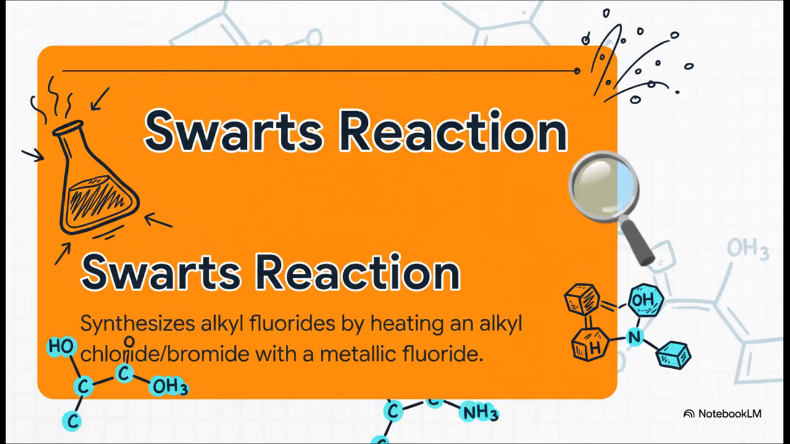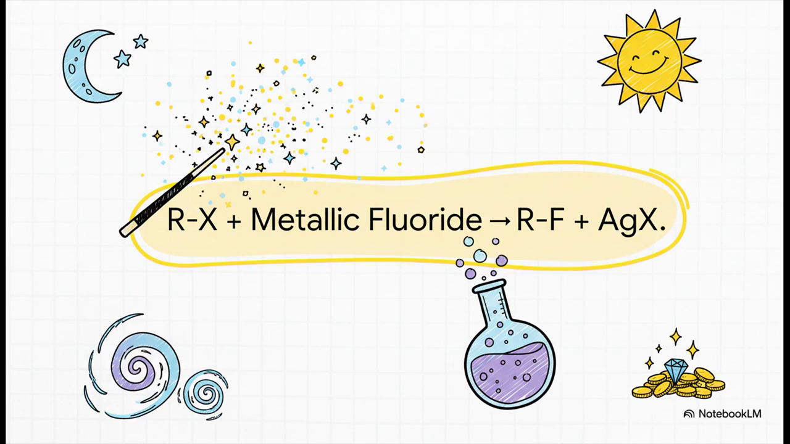All right, next up, we have the Swarts reaction. So, if Finkelstein was a specialist for iodine, then Swarts is a super specialist for making alkyl fluorides. You know, making these R-F bonds is a bit tricky, so we need a special reaction just for them. And here is the magic formula. You take an alkyl halide and react it with a metallic fluoride, something like silver fluoride, AgF. Here's a tip for you. The moment you see a metallic fluoride like AgF or Hg2F2 in the question, your brain should immediately scream, Swarts